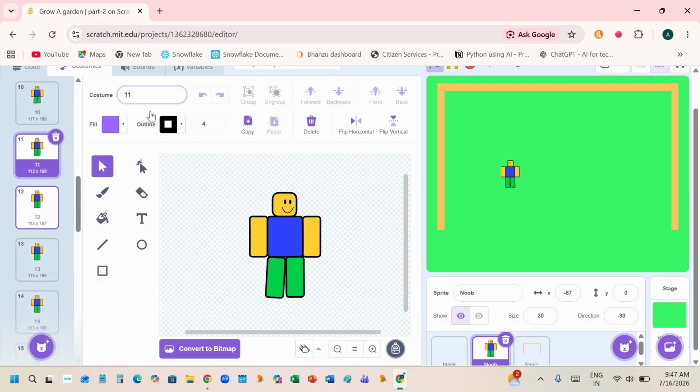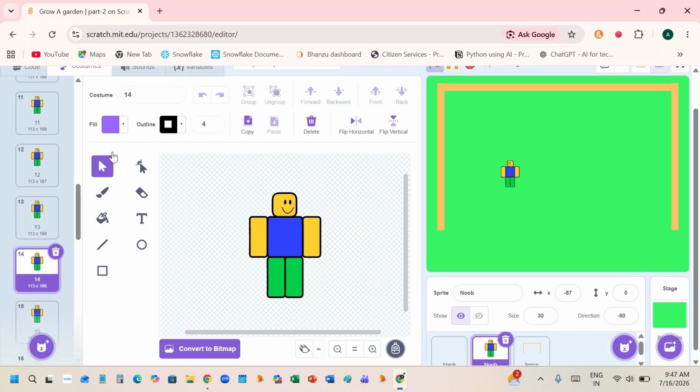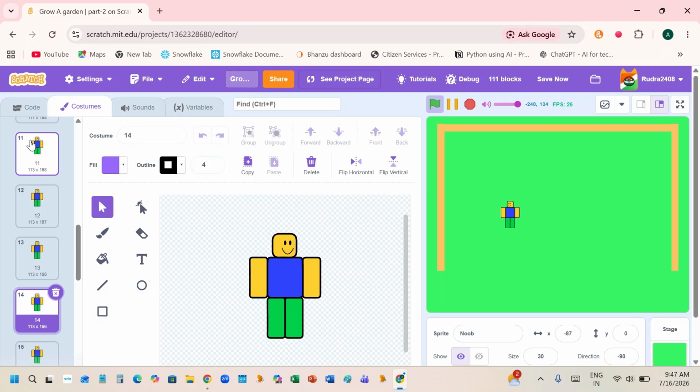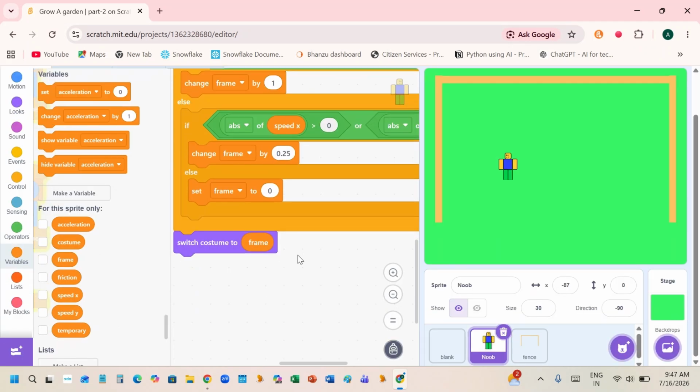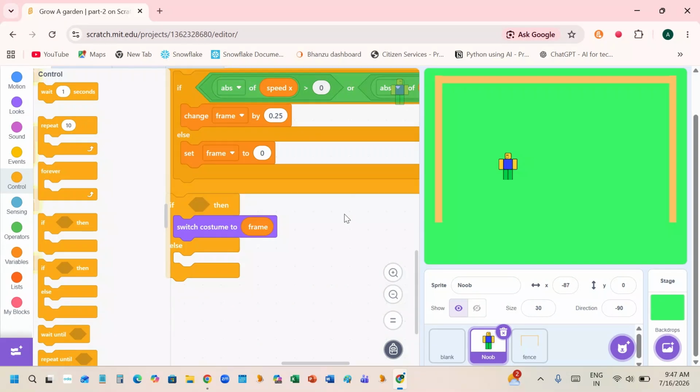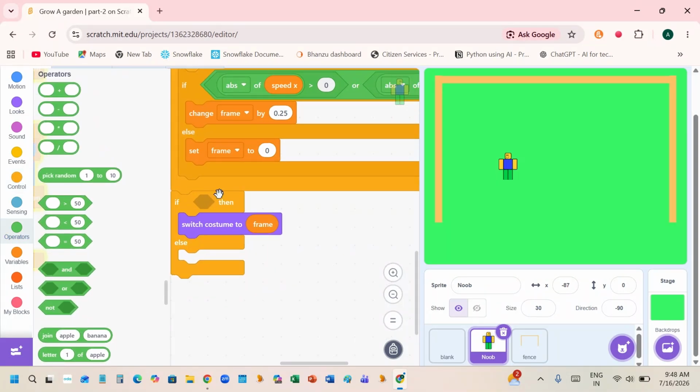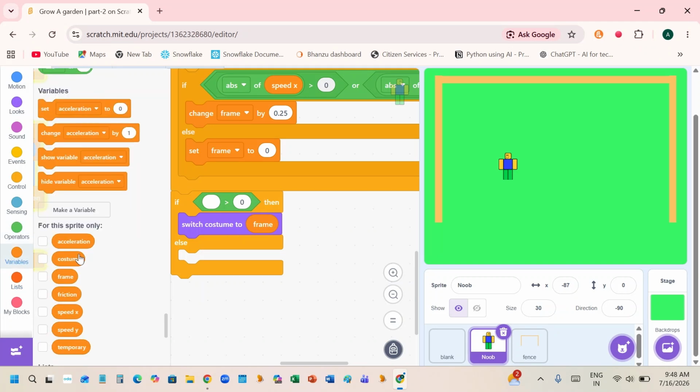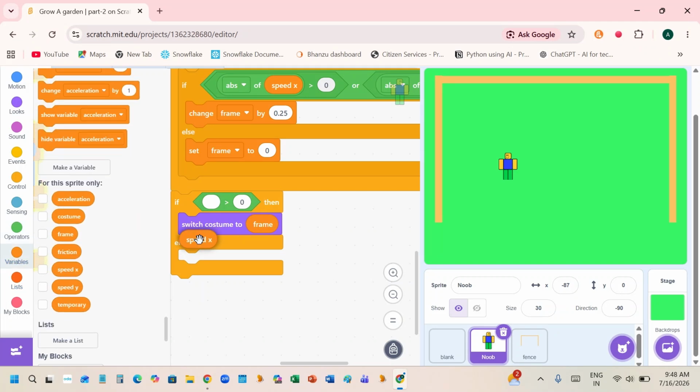It's kind of like displaying the animation manually. You can see the animation here. Okay, no space there. Phew. And now if else, if it is greater than 0.5, I mean 0, the speed